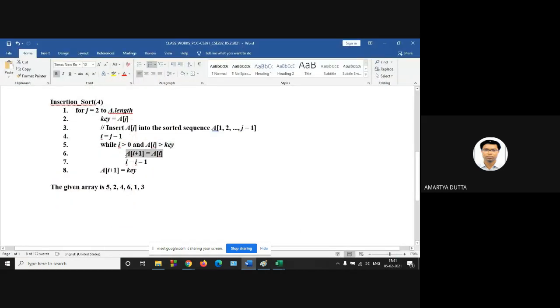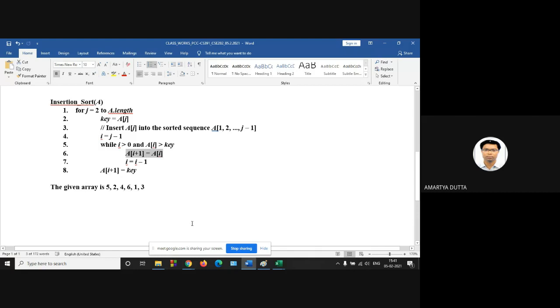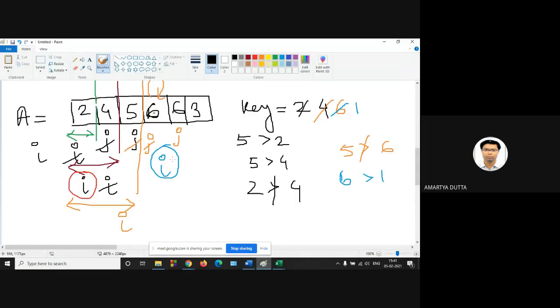So first copy this 6. This will be 6. Just copy. Then decrement the value of I, so I is at this position.